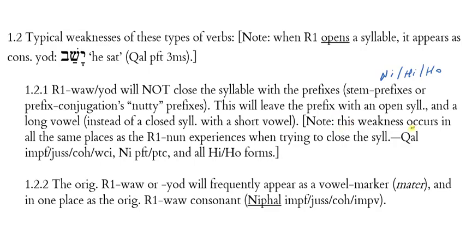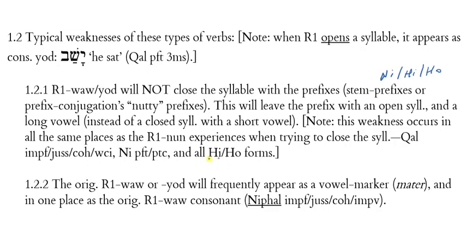Note here, this weakness occurs in all the same places as the root 1 nun experiences when trying to close the syllable. Remember where we had assimilation of the nun? Cal imperfect, jussive, cohortative, WCI forms. The nifal perfect and participle had the nifal nun prefixes. And then all the hifil and hofal forms, both with the he prefixes when they're visible, as well as the nutty prefixes. All of these cause the root 1 nun to assimilate, and likewise we're going to have problems because the root 1 vav or yod will not want to close the syllable with those prefixes, and we'll see what